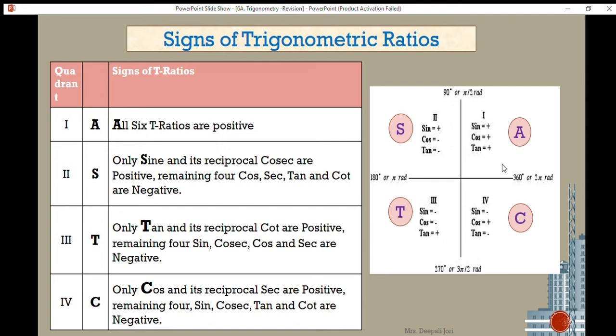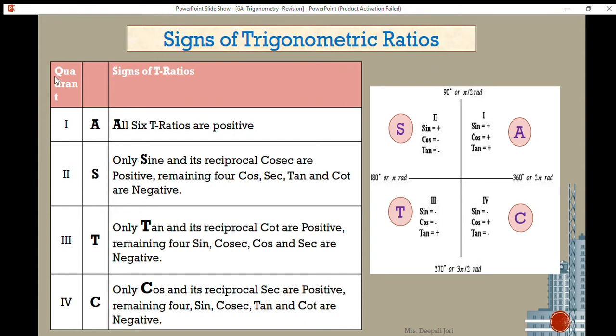So see, here the angle is 0, next it will be 90, then 180, then 180 plus 90 it will be 270, and at last it will be 360, which is one complete rotation. Is it clear? Now these angles are also given in radians, another unit to measure angle. 0, then 90 means pi by 2. That we will cover in the next few slides, where I will tell you how 90 is pi by 2 and how 180 is pi radians.